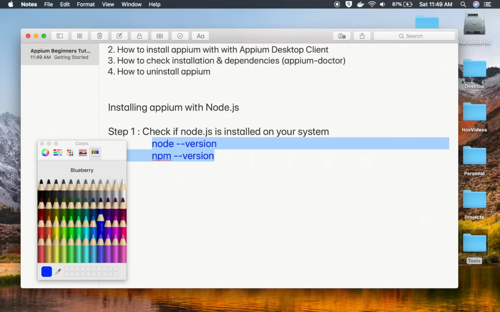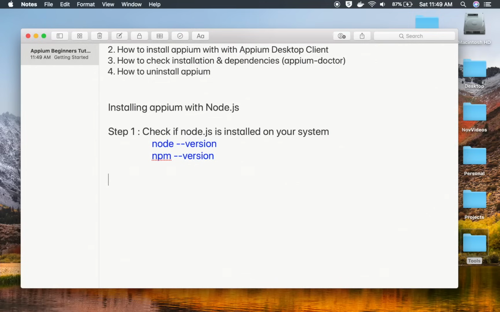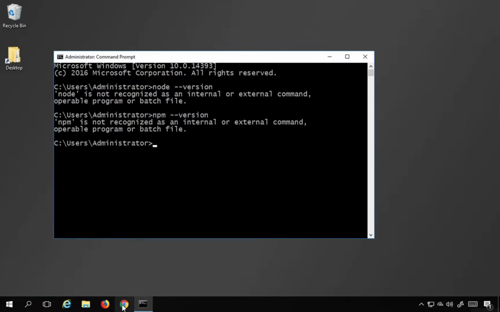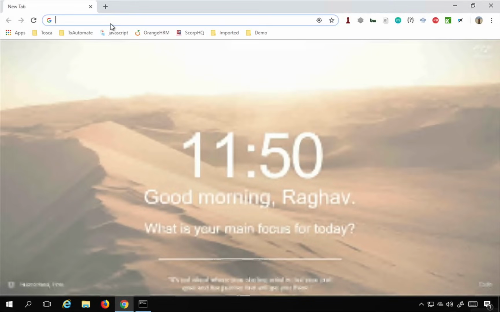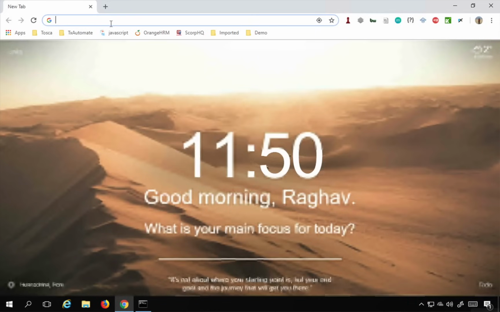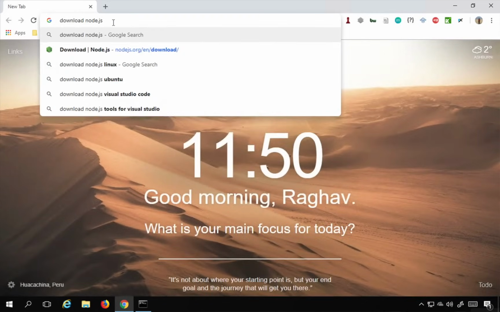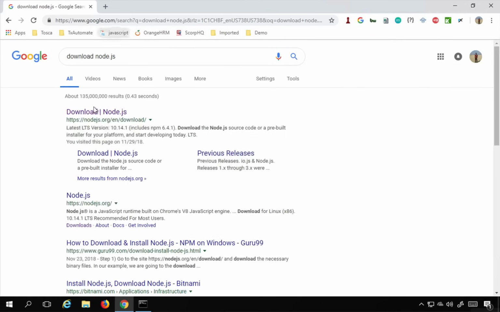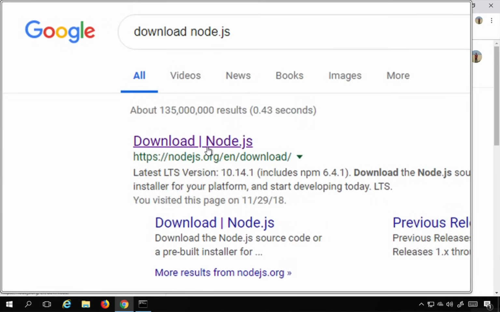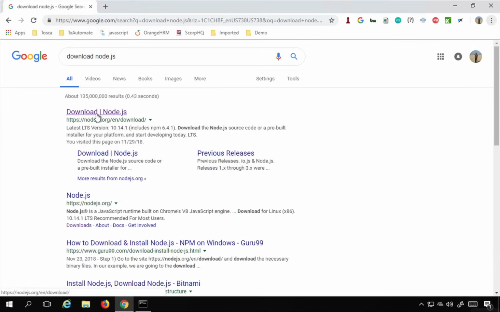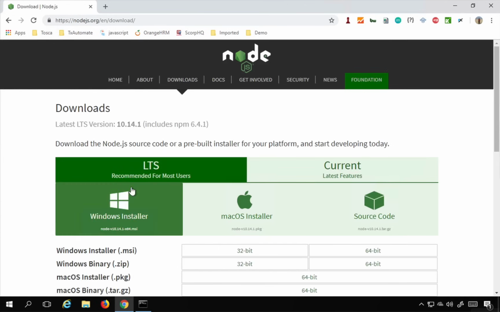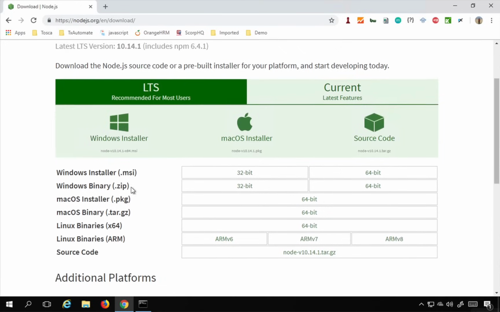So what I'm going to do is now we are going to install Node.js. So step number 2 will be download Node.js installer. So I will go to my browser, and here I will say download Node.js and hit enter. So the very first option you will get here is this nodejs.org en download. Let us go here, and here you can see the installer of Node.js, and you can select the installer, and